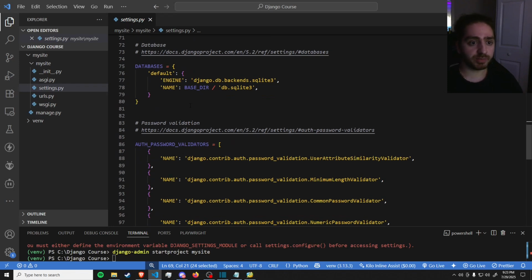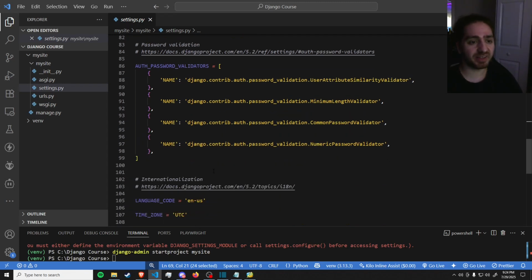We also have our database. Now you can see here, we have a default database already set up for us, and that's going to be SQLite 3. Now, unlike larger databases like MySQL, Postgres, or MariaDB, SQLite is just a single file database. And when we run our application for the first time with some SQL models, it's going to create that database file, and that's all we're going to need. We're not going to need to set up any database at all, but we will have to make models soon,